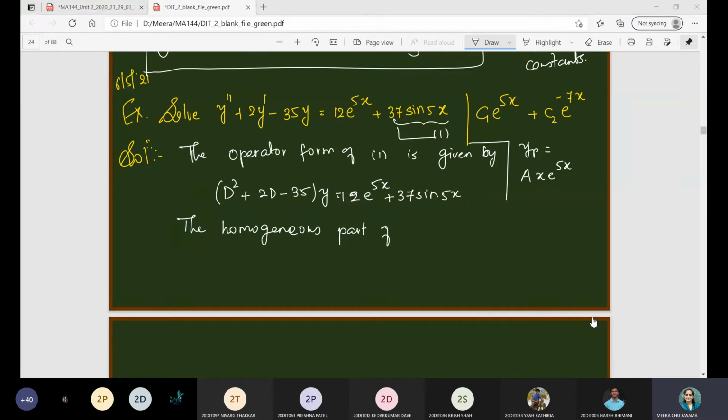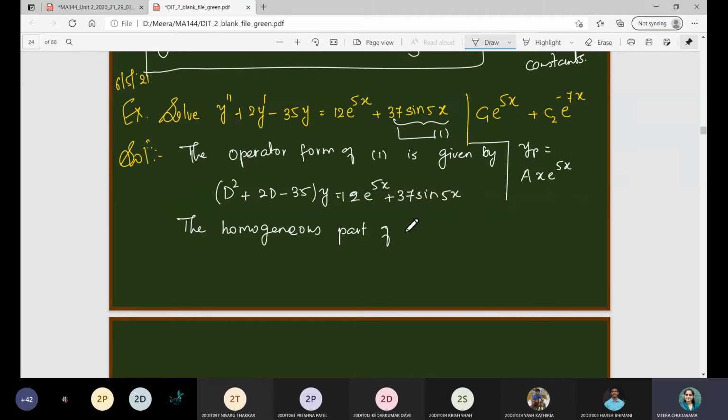Please raise your hand. How many of you have a doubt about this choice of particular integral? Quickly raise your hand. There are only 6 students who have raised their hand. Means other students are clear about the choice. Then why are you not giving the answer? Okay, let me finish this part, then I will come to that portion.